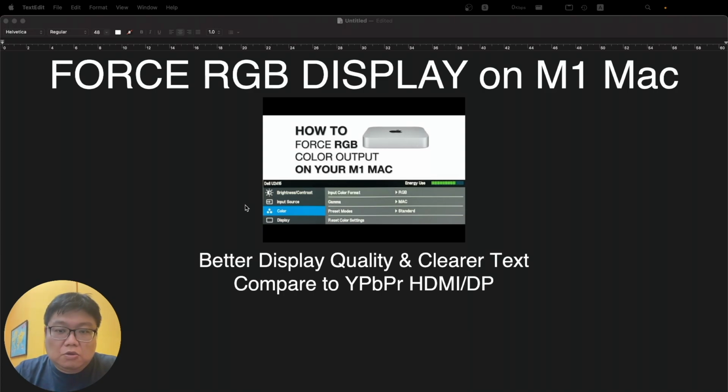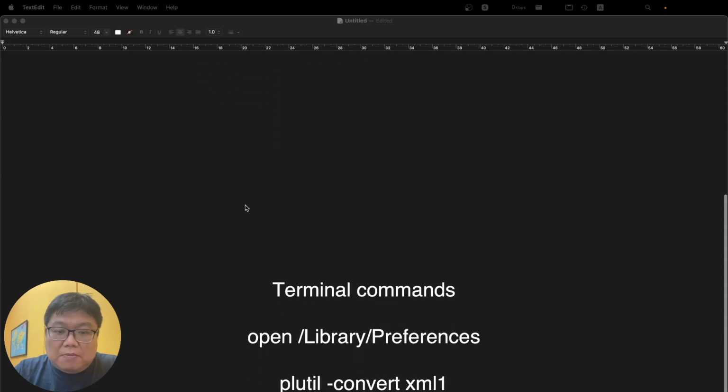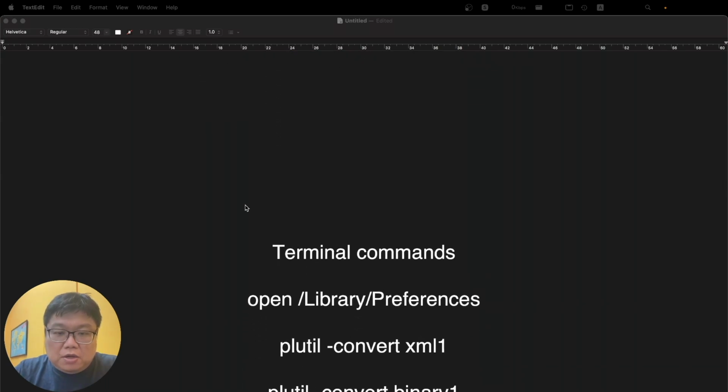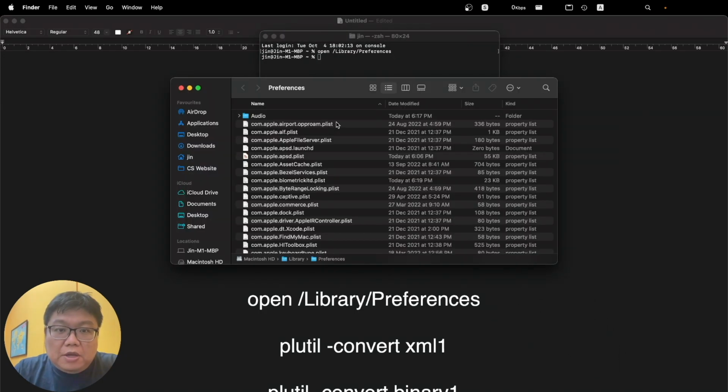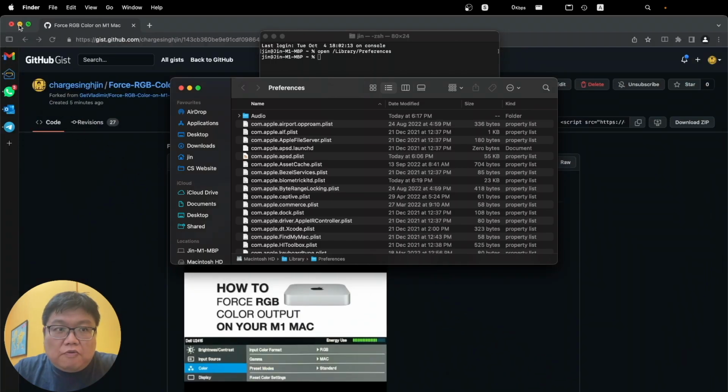So this is how to do it. I'll show you step by step. You need to run a few terminal commands. First, we're going to start by opening the root Library's Preferences folder. You can copy the command here. After that, you just go over to the